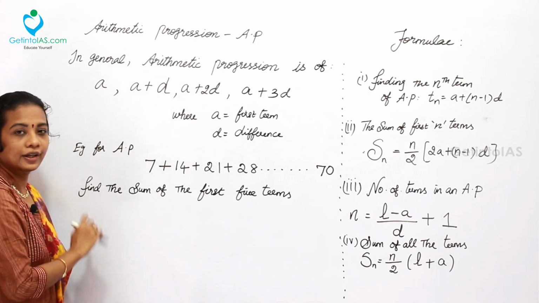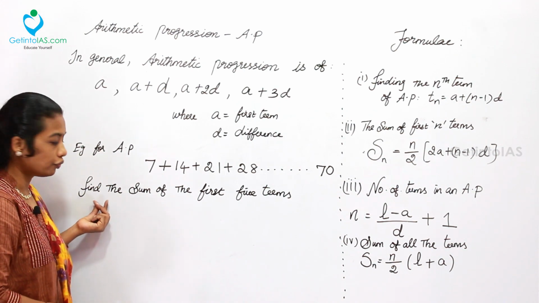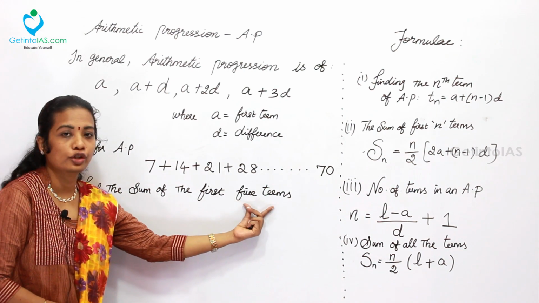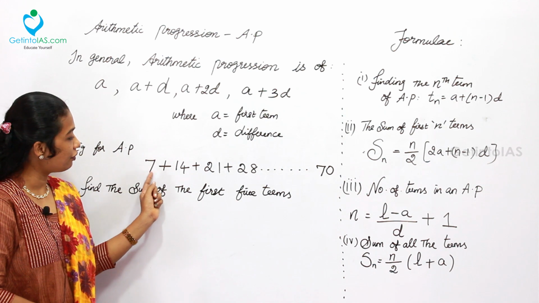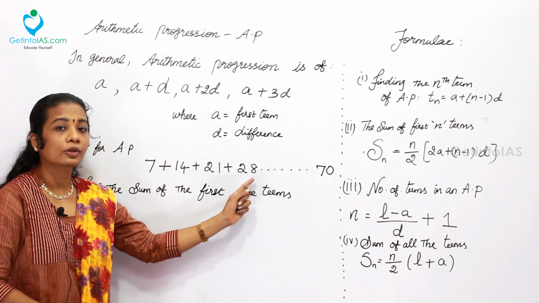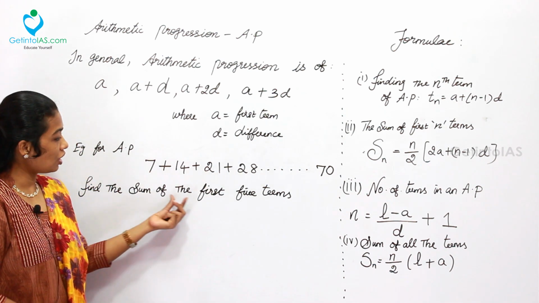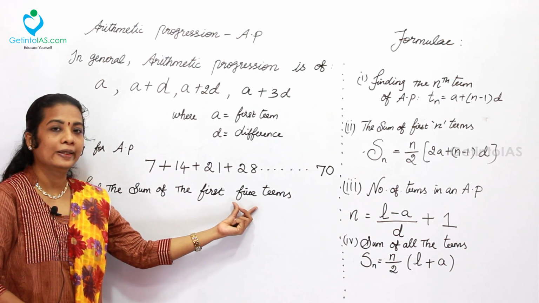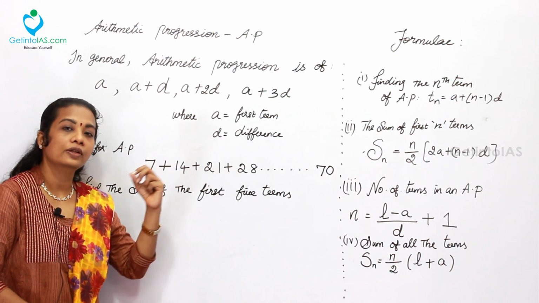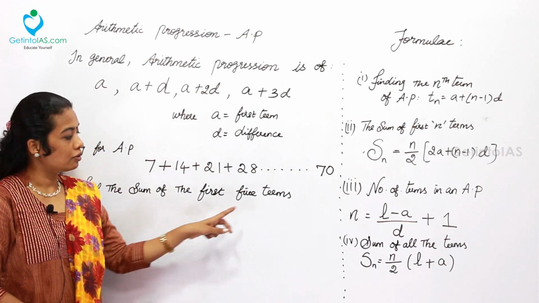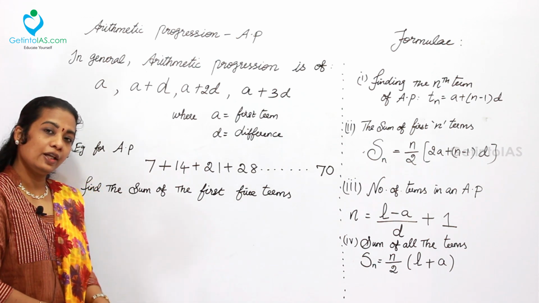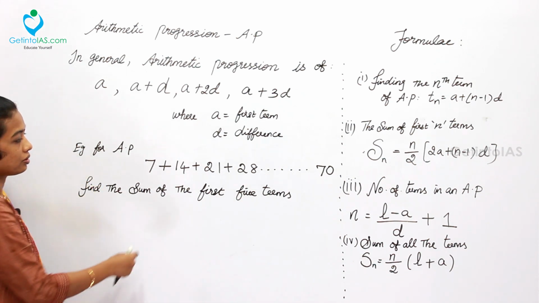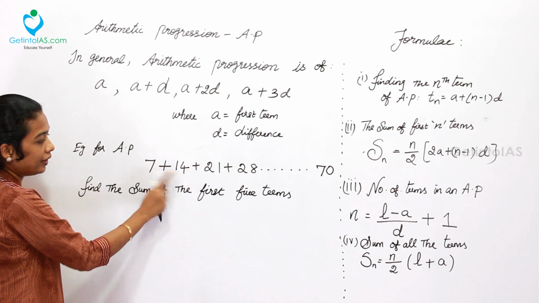That's all. The next question is to find the sum of the first 5 terms of the series. Here the first term, second term, third term, fourth term, and fifth term are not given. Sometimes in the examination they would ask you simple questions like find the 30th term, 31st term. So let's solve the 5 terms first, then we can move on to the additional questions. How do we find the first 5 terms?